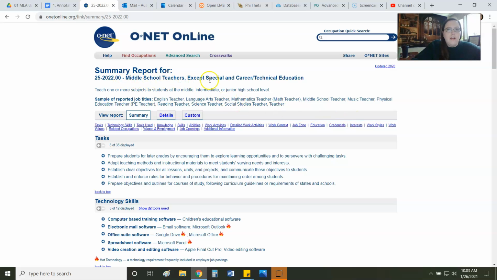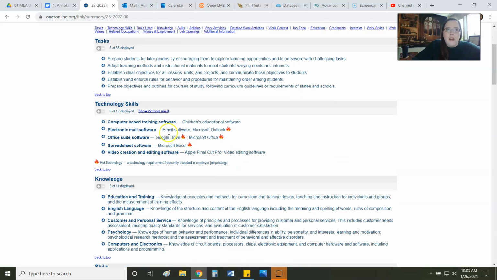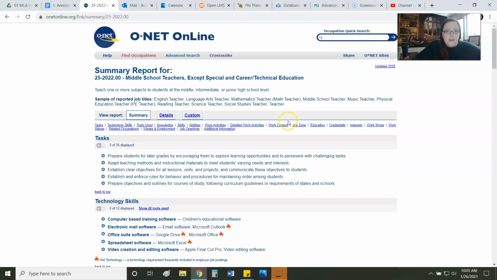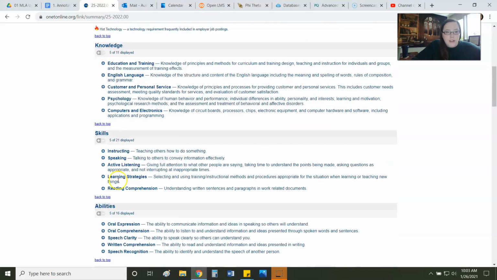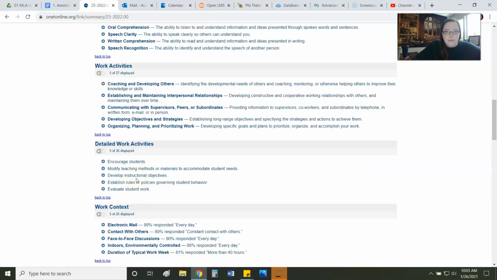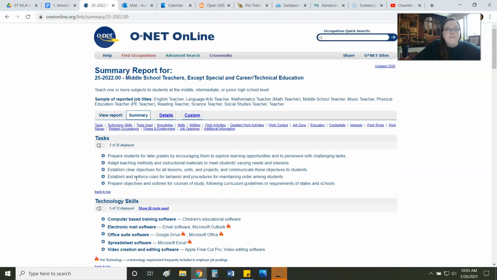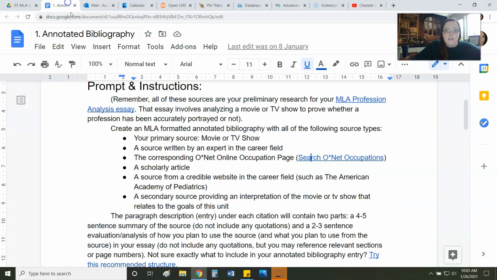So you click on the specific job that you're looking for. This is the source that I want you to summarize, the main idea that you find as you skim through the content here. But obviously, again, ProQuest isn't helpful here to find this source.